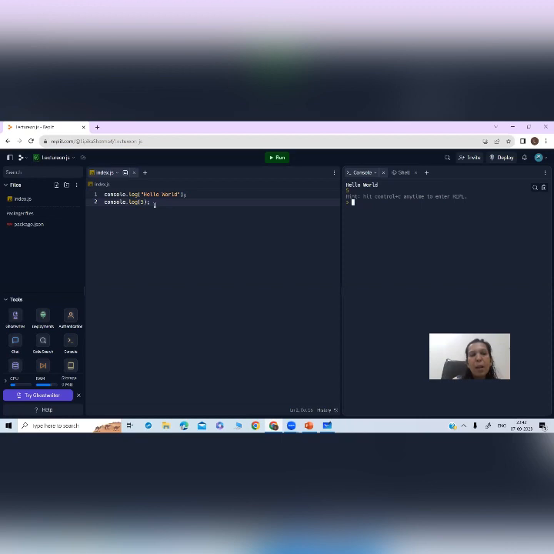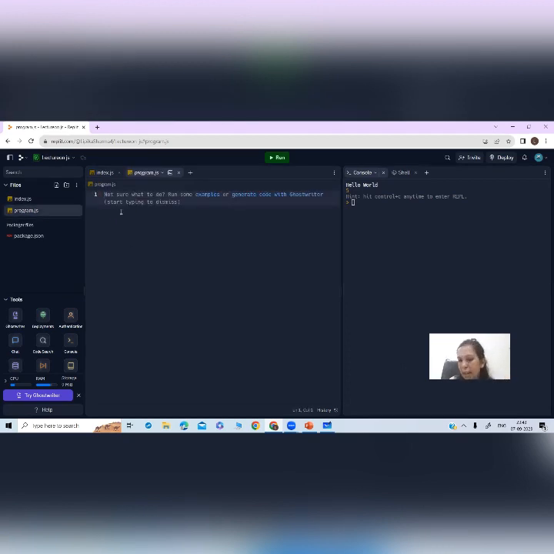And what is the next thing? Okay, so before that, I would also like to tell you one more thing. Now I have to execute all the programs, so I can't keep on deleting and doing it. I want to keep a reference copy, right? Whatever I am doing. The best way to do this is that you have to click on this new file, and here you have to write your name, program.js. JS, as I told you, is the extension. And press enter. Pressing enter means it is saved.